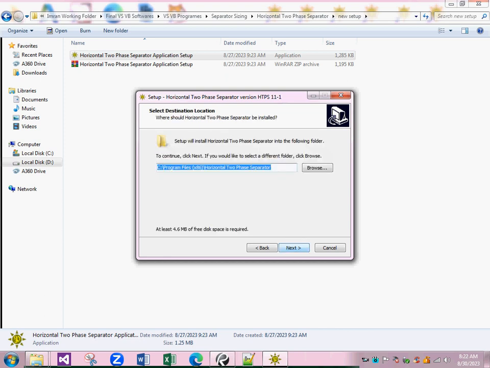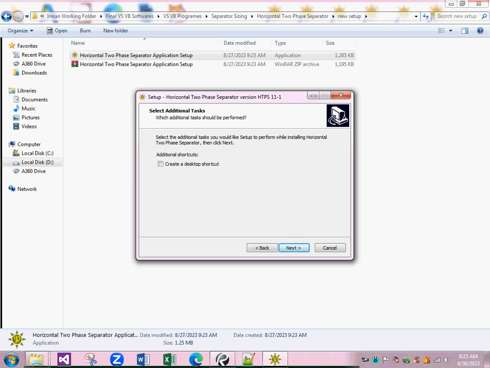and then it will take you to the page where it is showing the location where it is installed on your machine. Again, you can change the location by simply pressing the browse button here. I will just simply keep it as the default location of the C drive. Then press the next button. It will take you to the